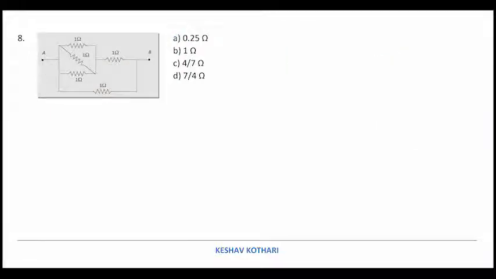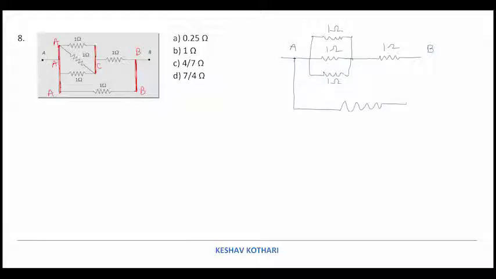So if we consider this circuit, over here all these points have potential equal to A. So all these points have potential equal to A, and all these points have potential equal to B. Now somewhere over here, which is an intermediate point, we are marking it as C. So if I redraw this circuit, then I can draw it this way, that there is a point A and the three resistances are coming from A to C, and then it is going to B. So it is 1 ohm, 1 ohm, 1 ohm, 1 ohm, and the combination over here which is joining us with B is also having 1 ohm.